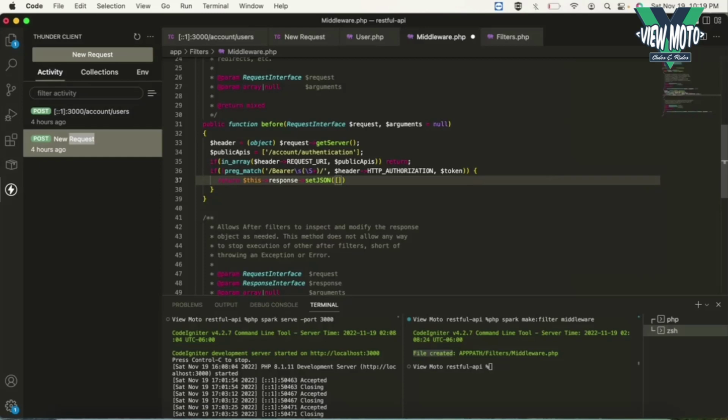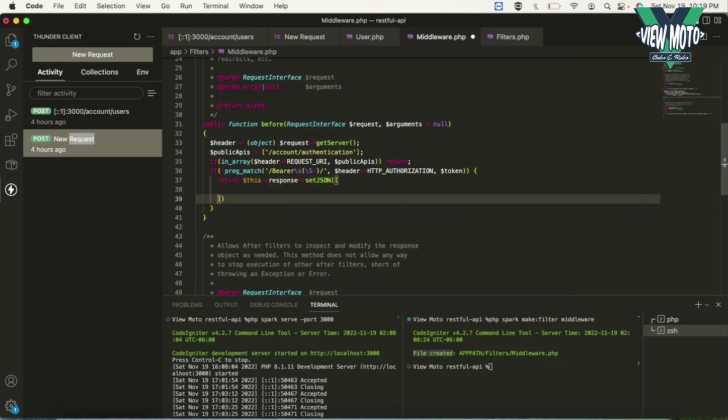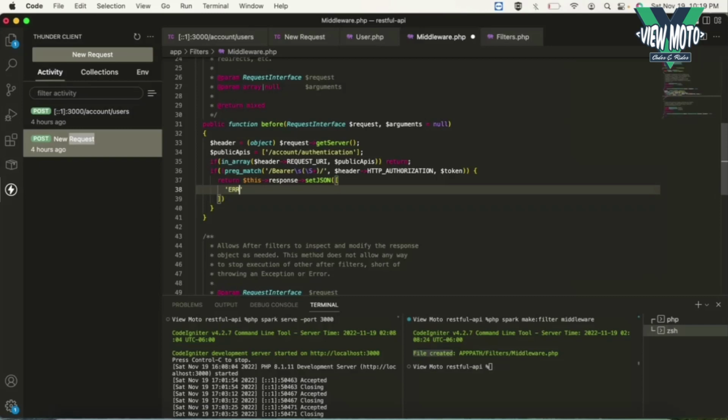Put a value of our argument, the empty array, and the key of this array will be error, and then the value will be